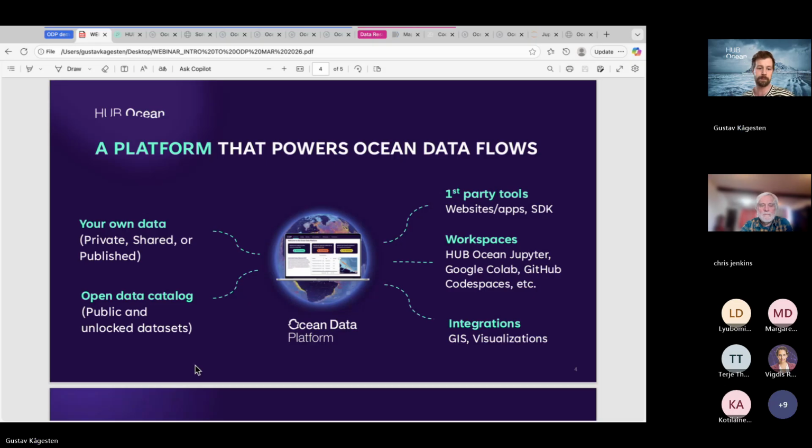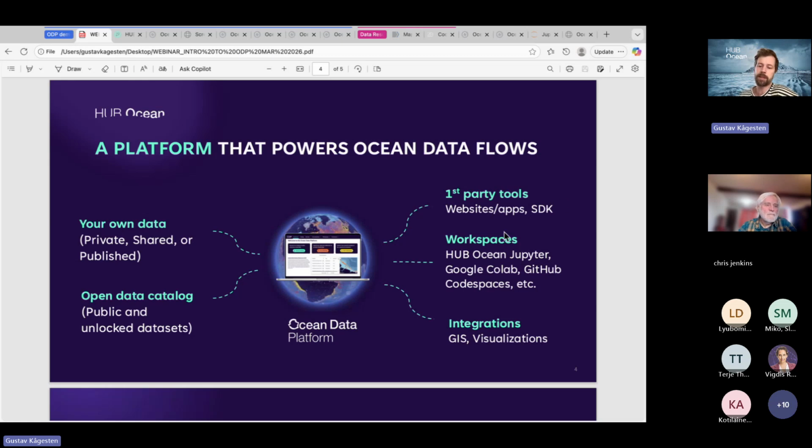It also has your own data space. Everyone that signs up, which is free to do, will have their own space and can use the same API-based technology to put your own data, collaborate on it, and also request to publish it on our open catalog should you want to.